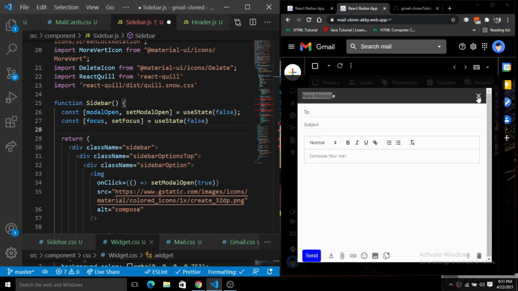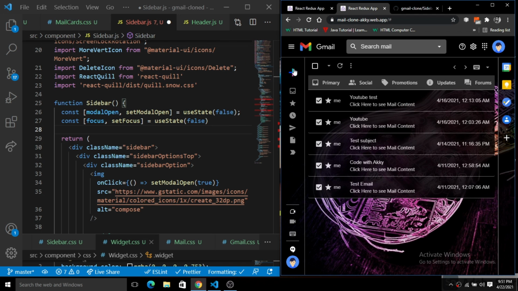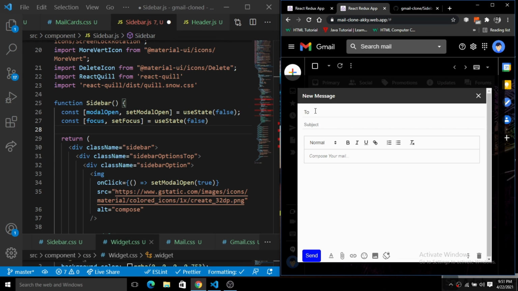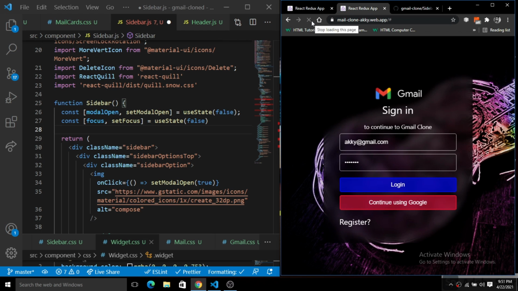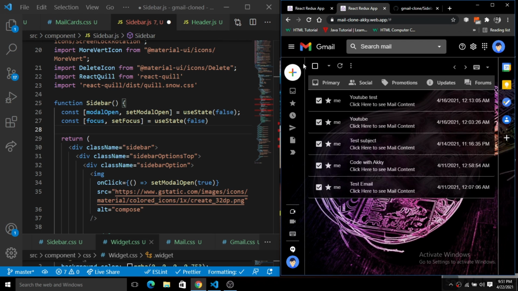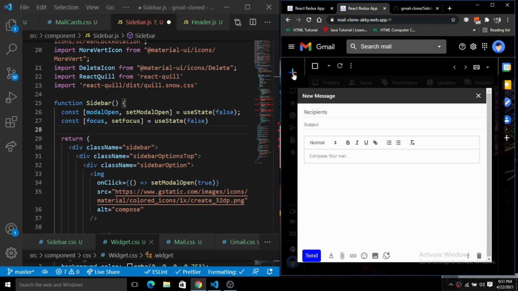Let me close this, and when we click on this, you can see this is true right now, because we have set the state there. So when I refresh the page, I will show you the function that we are talking about here. You can see here we have a recipient, and it is not focused yet.